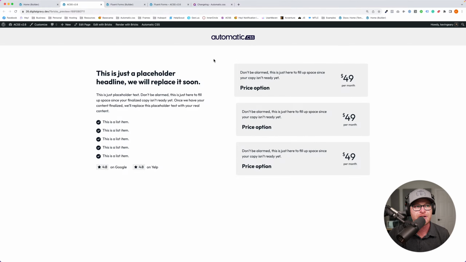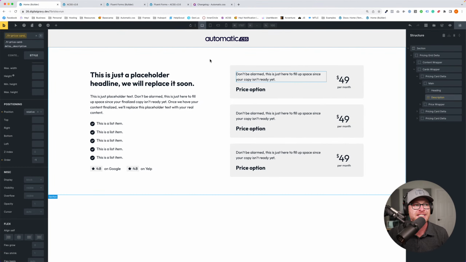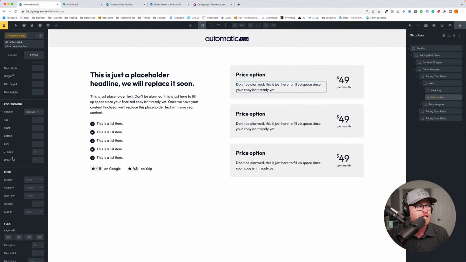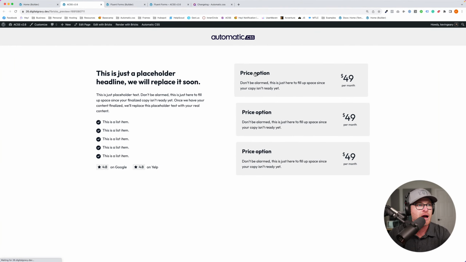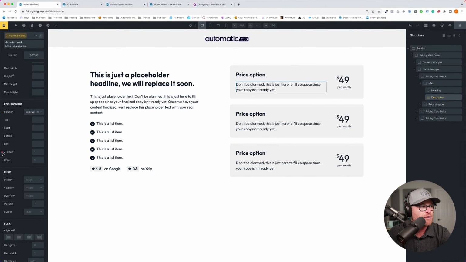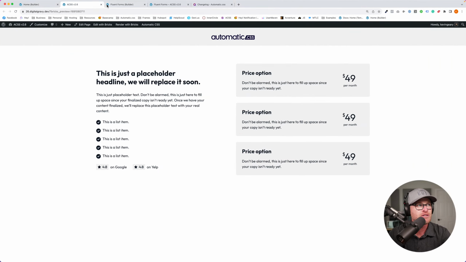So that's what happened here. But that did not happen by changing its z-index. So z-index or the order should not affect the layering. Z-index would, however. If I elevated this to 1, it's probably going to elevate it. Yeah, it elevates it out of the clickable area. It's basically sitting on top of the clickable area now. So z-index will change it. Position relative will change it. You don't want to do those unless you're doing it for a very specific reason. But changing the order of something, as we saw, should not change it.